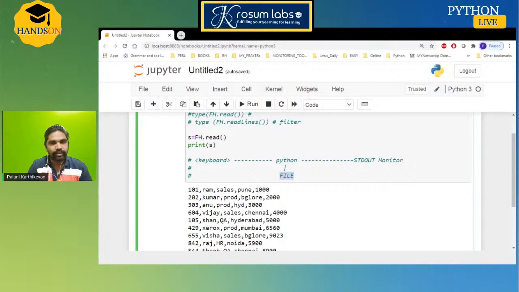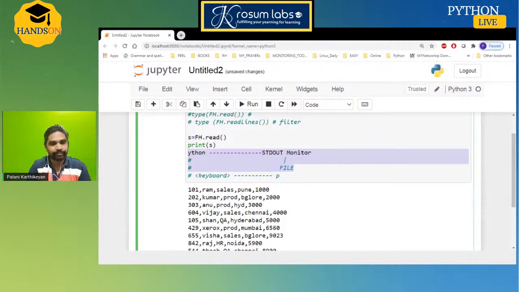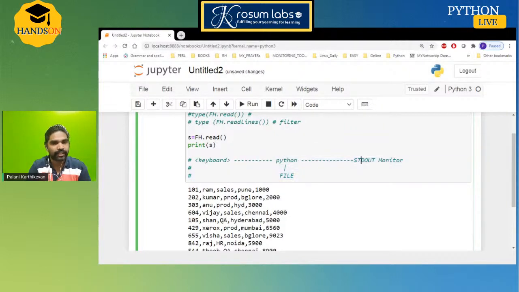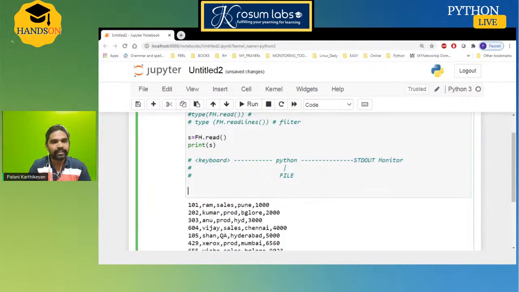The function call will connect to the OS, that is the internal system call, the file system driver, that is the internal flow. It collects the data and keeps it in virtual address space. So now this category is reading from file to Python, and from Python displaying to the monitor. I wrote everything in string format.